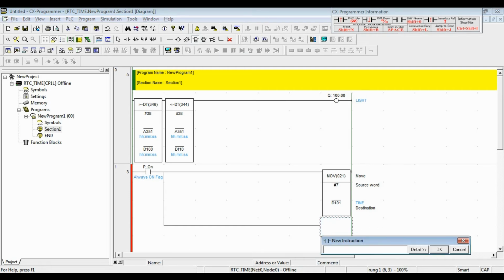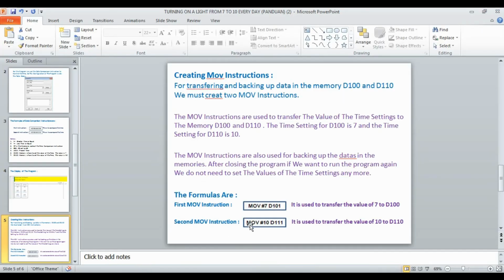So the address is MOV state 10 space D111. Okay.